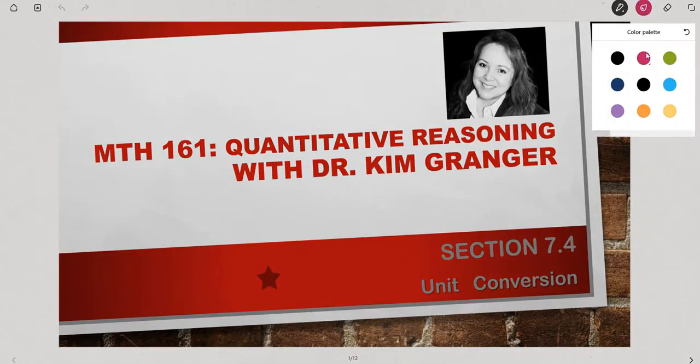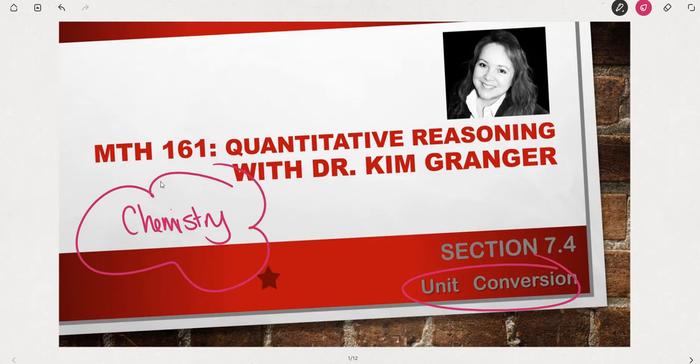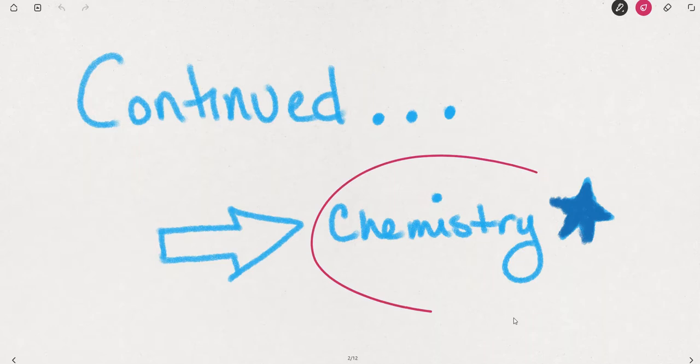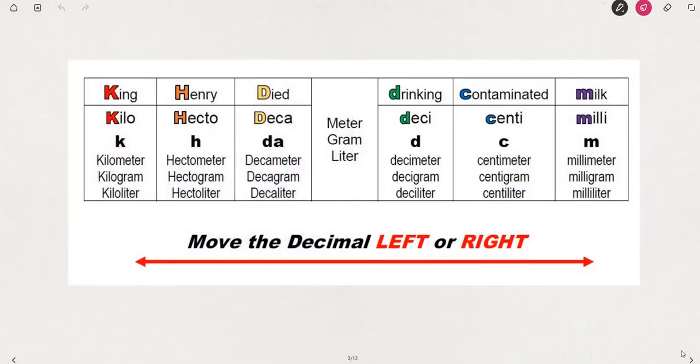Let's continue in this video looking at some unit conversions, but this segment is going to specifically look at some examples you'd use in sciences, specifically chemistry examples. So doing some unit conversion for some specific examples that maybe would happen in a chemistry course or in a chemistry textbook. To start with, I would like to spend just a few minutes looking at converting in the metric